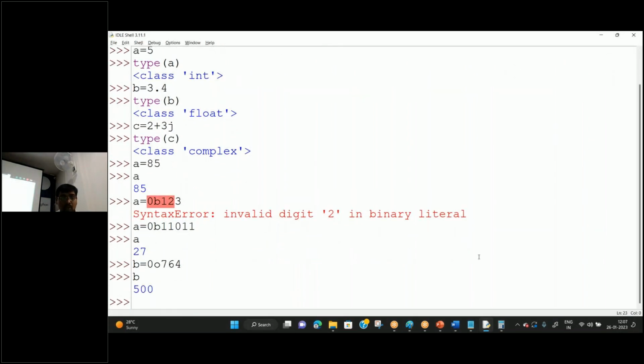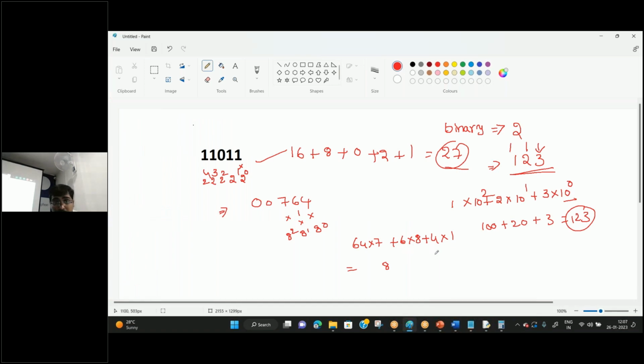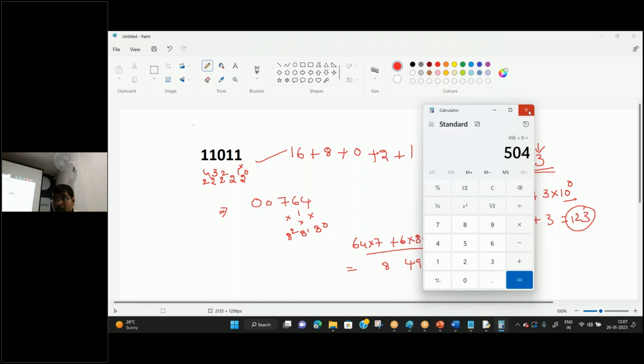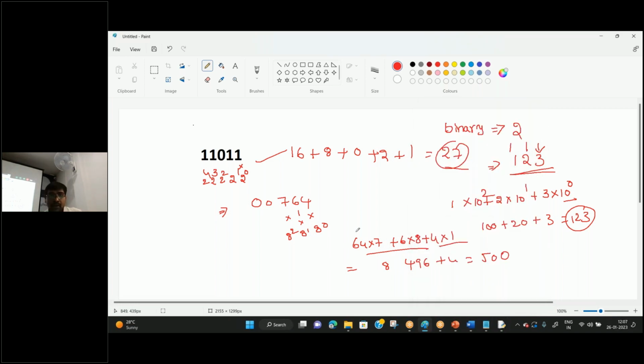Okay. Now execute this program. Print B value, 500. Simply some mathematical calculation. Here 4 into 1, this value is 496 plus 4, that is 500. Here I am performing plus 8, that is a mistake. Okay. Now you got it. This is the way to convert an octal number, binary number, in the same fashion, hexadecimal number,